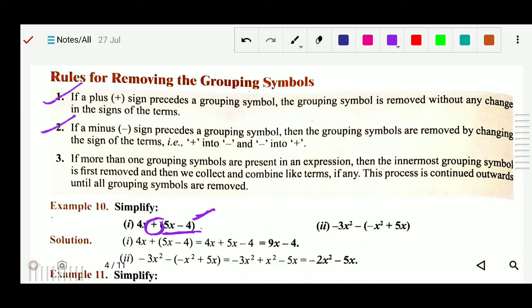The second rule is that if before this bracket there is a minus sign, then when you remove this parenthesis, the sign of these terms will be changed, minus to plus and plus to minus. When the minus sign precedes the grouping symbol,